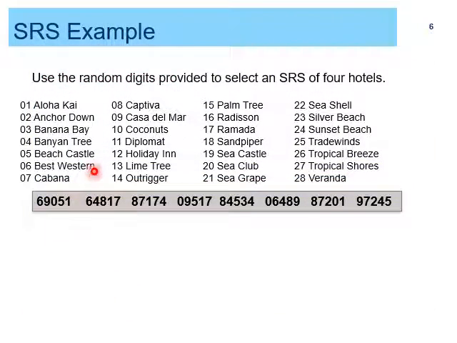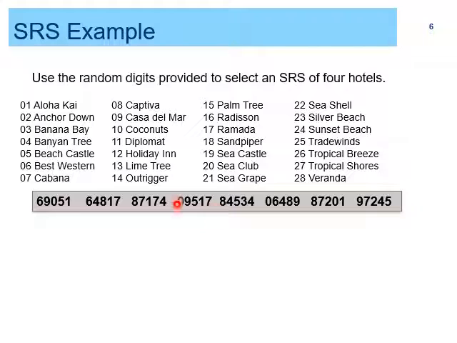So here's the example. Because we had only 28 numbers here, we started from 01. Two digits are needed because the last one would be 28, so 01. If it were 100, 200, 300, we would start from 001, 002, and like that. Similarly in other cases. So we got this line from Table B: 69051 64817, and these numbers are randomly selected.